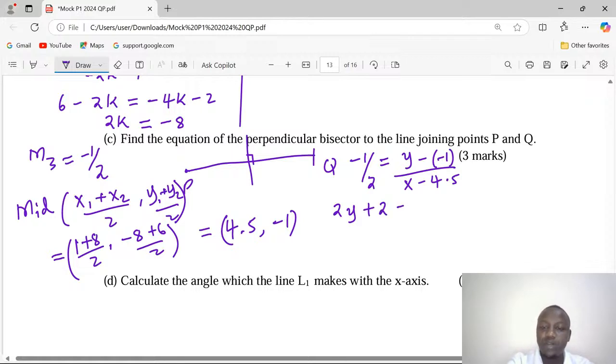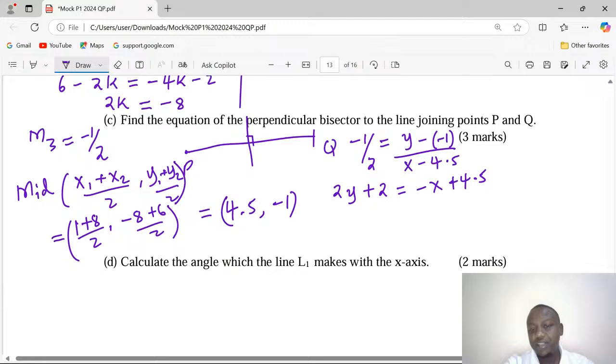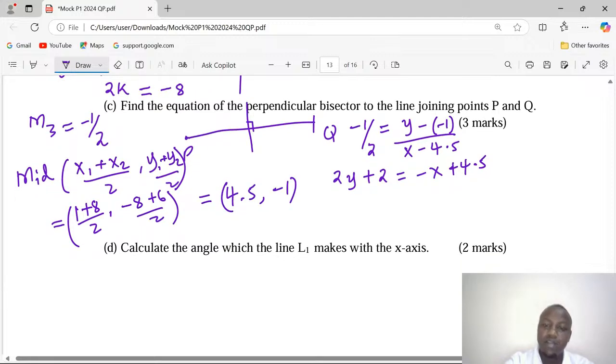So that will be 2 equals negative x, and now negative 4.5 becomes positive 4.5, because also negative and negative, and 1 is also negative. So 2y is equivalent to negative x, then plus